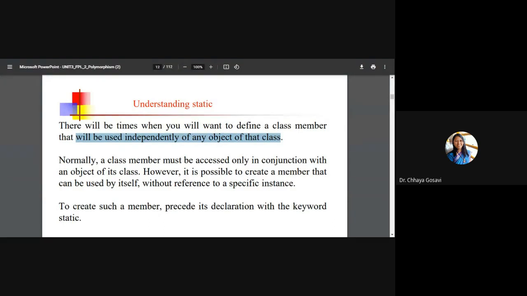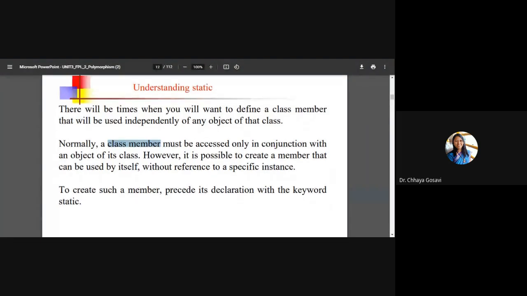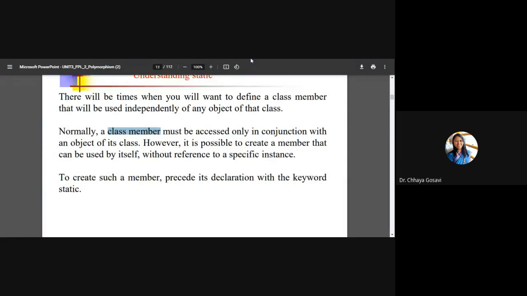Whenever we define variables in a class, those are class members, called instance variables. For every object, memory gets allocated to those variables. Like in the complex number we have seen real and imaginary. In the previous lecture we saw the stack class, where we allocated memory for array and top. So for each and every object of that class, the variable gets memory. But in case of a static variable, memory is allocated only once and all objects refer to that particular variable. Let me give one example here.